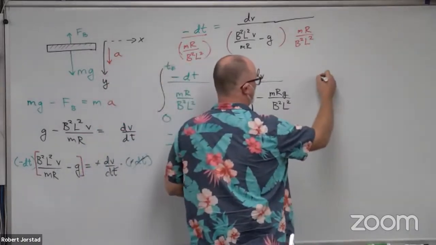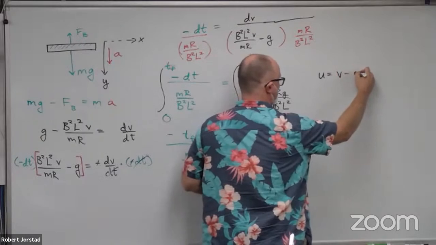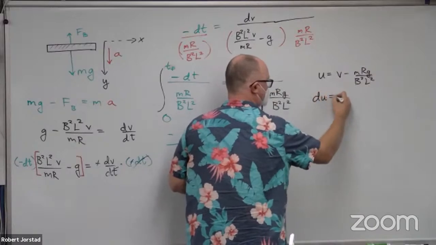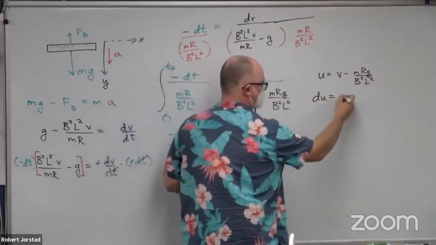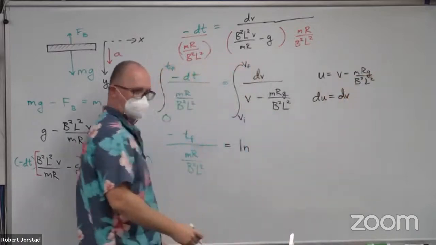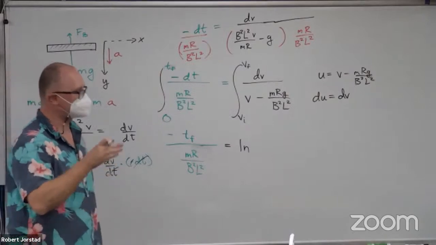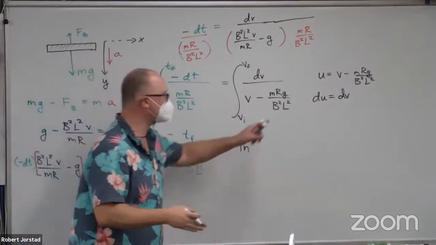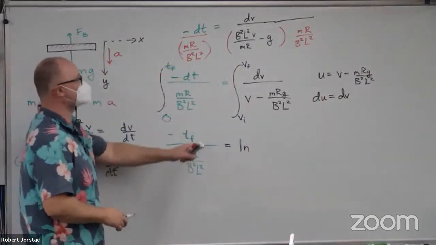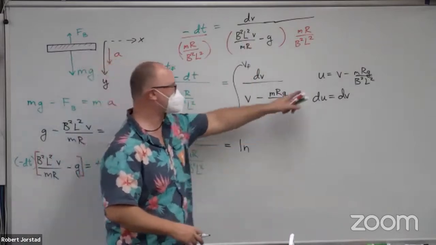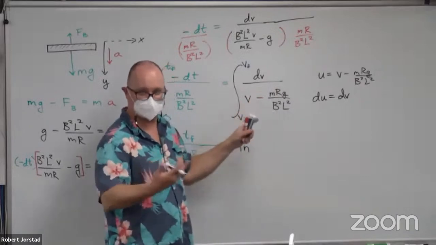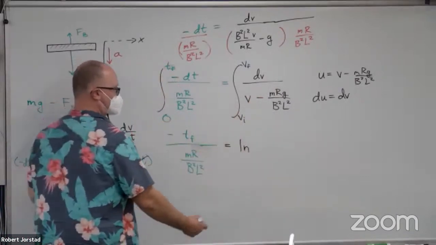Okay, fine. Let's say u equals v minus Mr. G over b squared L squared. This is a Wolfram alpha problem. What's du? This is constant. What's du dv? Du dv is 1. Du is dv. That means they change at the same rate. This was the reason I moved this around, so that my u sub, doesn't this become the integral of du over u? So it's just log of u, and then you back sub. So this becomes